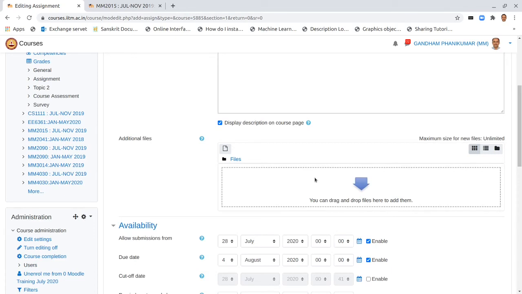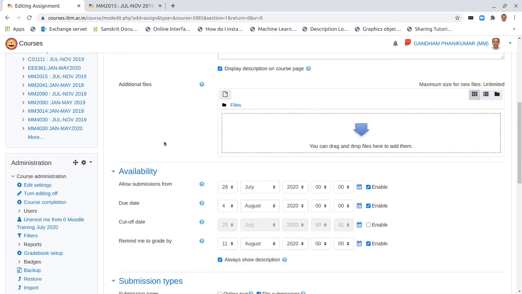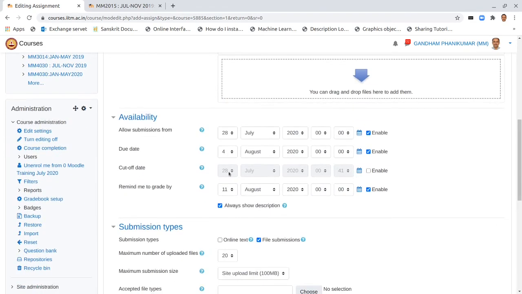But most of those students are quite savvy. They understand how to go about these forms, so we may not need to give much except in plain text here. Most importantly here, we must set up the deadlines. So there are 2 types of deadlines. There is this due date, which is basically a soft deadline, and there is a cutoff date, which is basically the hard deadline.